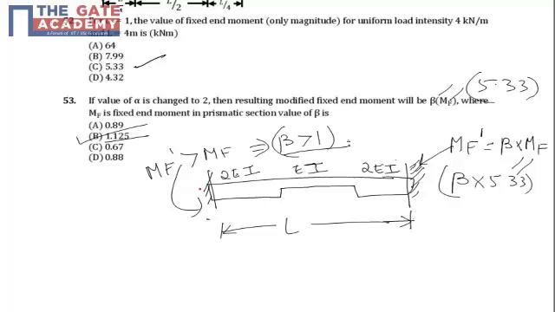Those who are interested, they can also check by using calculation, that repeat the same procedure for question 52. Draw a simply supported beam, and MF by EI diagram is also drawn. It will look something like this. So it will not be a perfectly rectangular. It will be having different height here, different height here. So exact analysis and balancing becomes quite difficult. So apply some quick logic here. We get answer as B. Thank you.